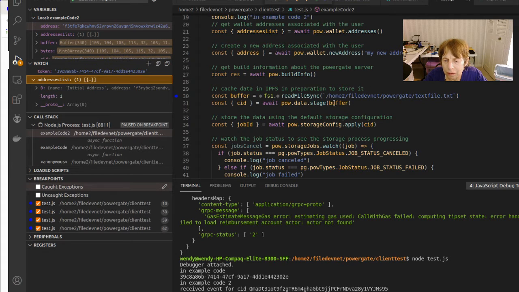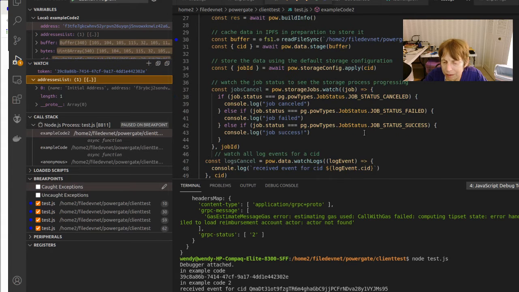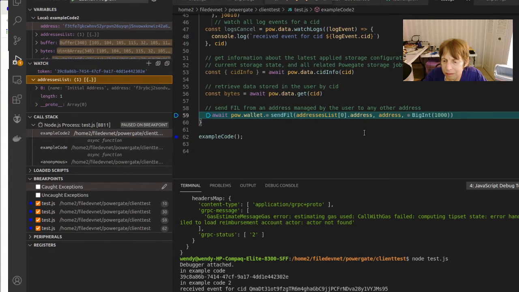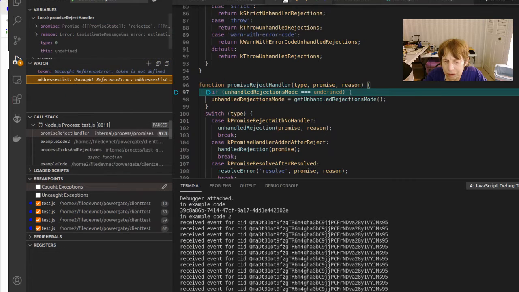And again, because the Powergate wallet has nothing, I think it can't really send anything. So when you watch this, we do step, and it's going to blow up. So I'm not sure if there's some